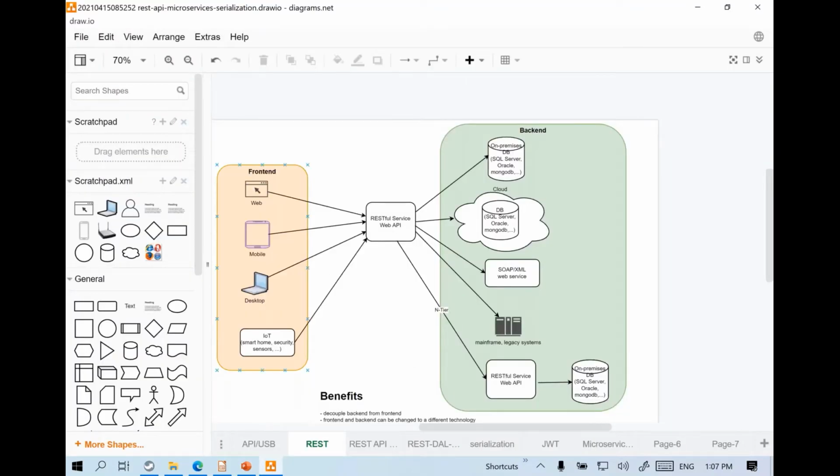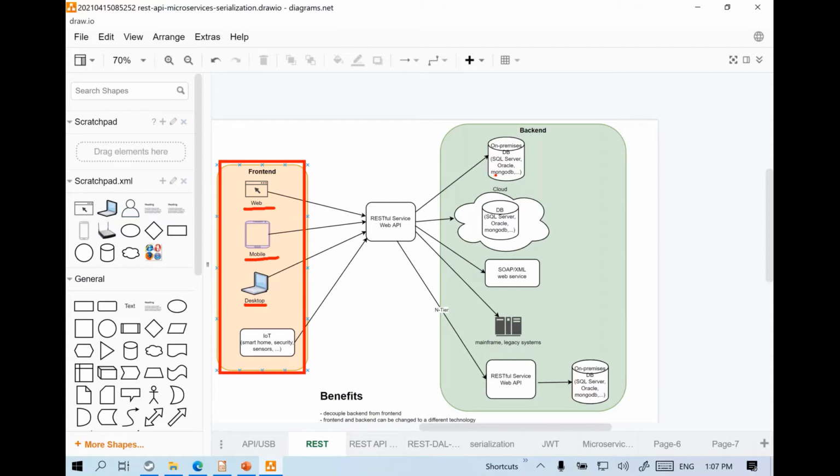So basically, say we have our front end application. It could be a web-based application. It could be a mobile application. It could be a desktop application. These days, we also have IoT-based devices as well, like Internet of Things, like smart home devices, security-based devices are there. Blood glucose monitoring device can also connect to the internet, and it can upload data to cloud as well. So you can have any type of front end.